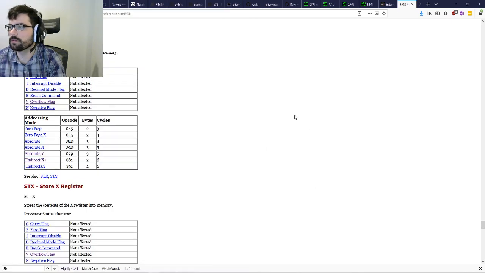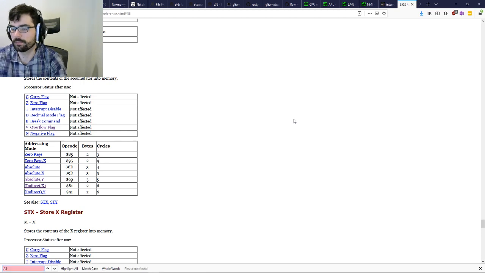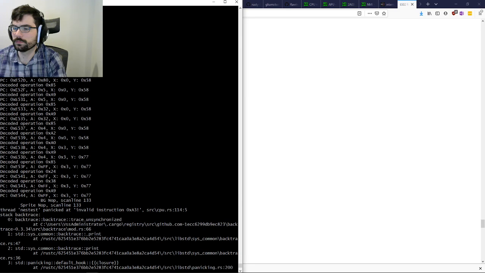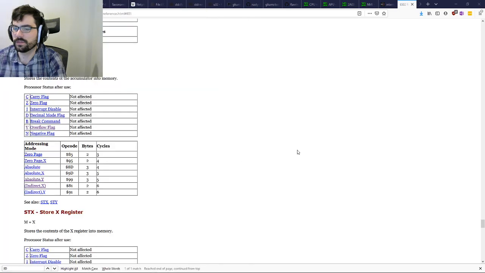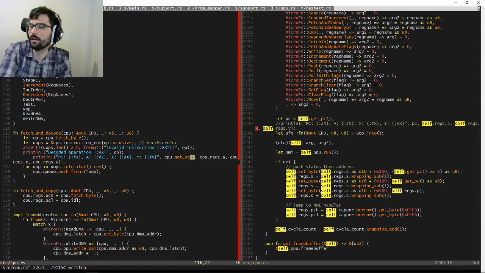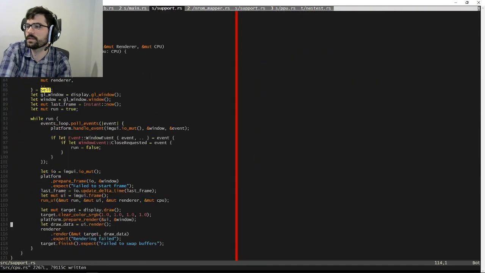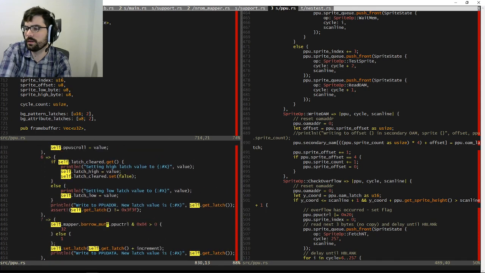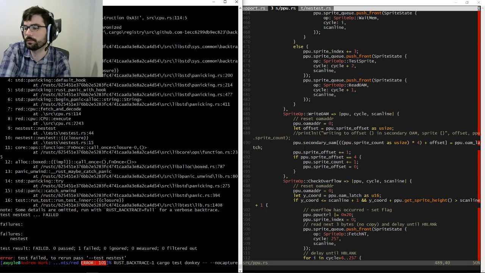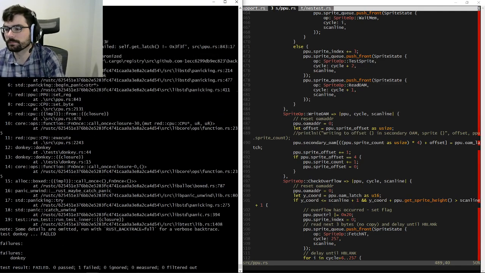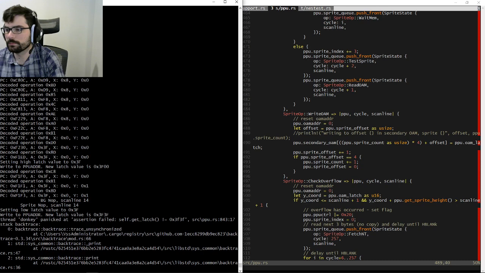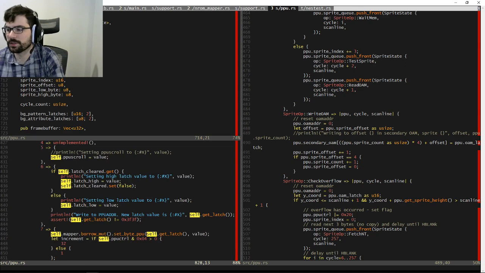Invalid instruction A3, which I'm pretty sure is the, yeah, that's an... Maybe your latch clear in the if statement starts with the wrong value. I don't think so, because when I run it, it shows setting high latch first and then setting low latch, which is what it should be.